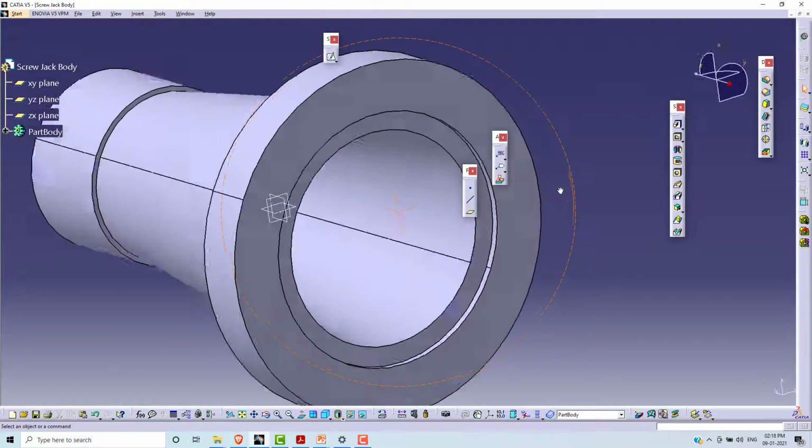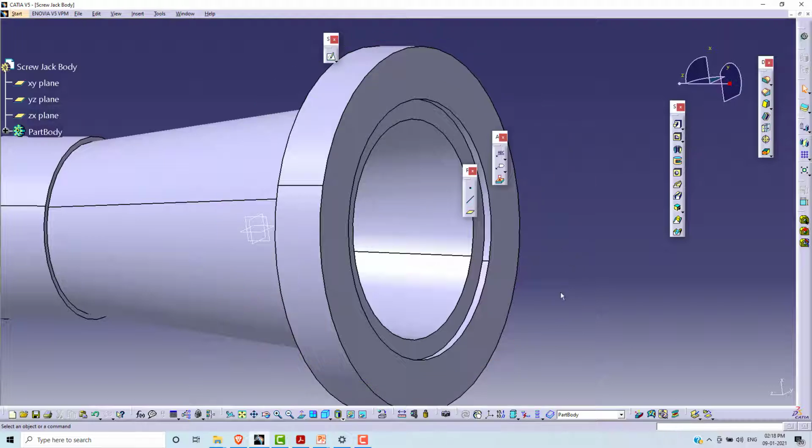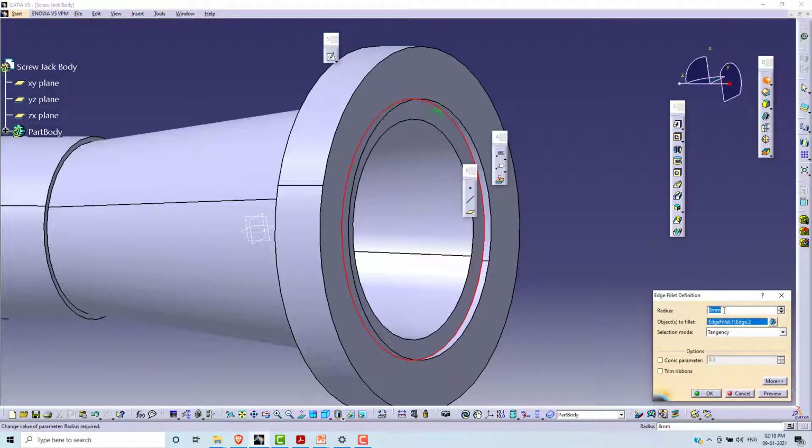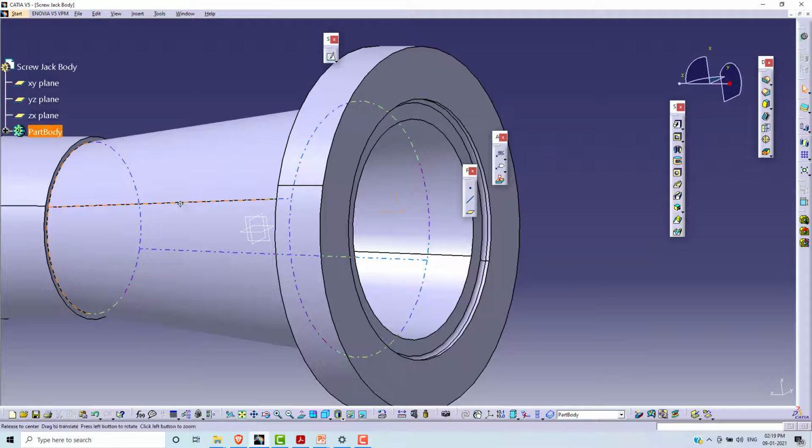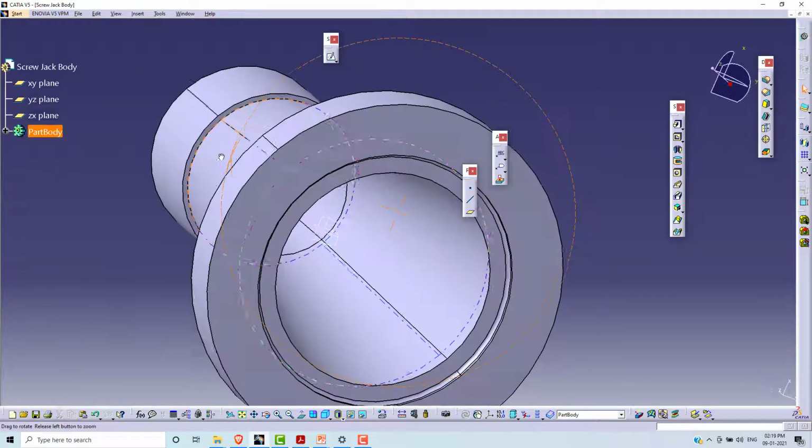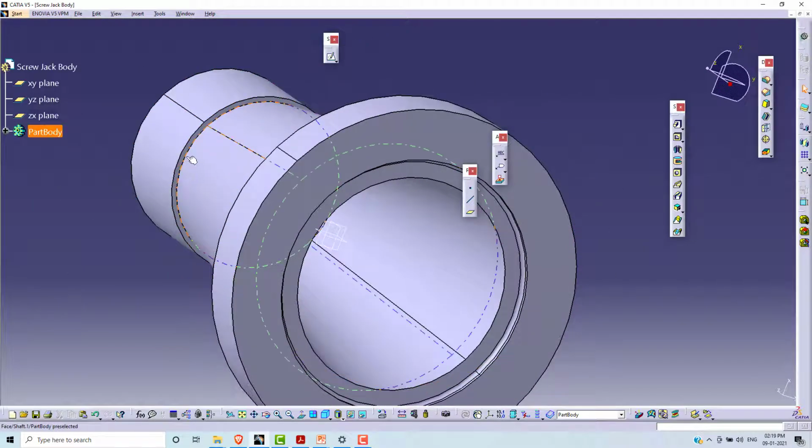In the same way, we are going to give a fillet to this inner edge. Select this edge, go to the edge fillet, give an edge fillet of 1.5 mm, preview. In the same way we give the edge fillet to this edge.